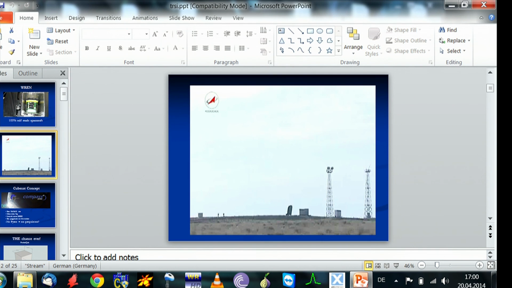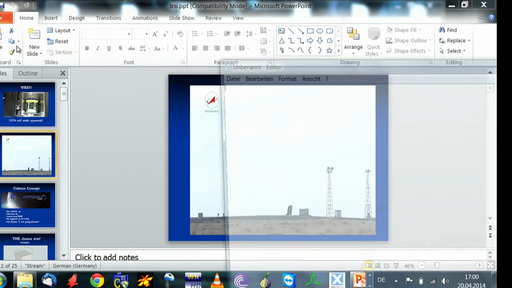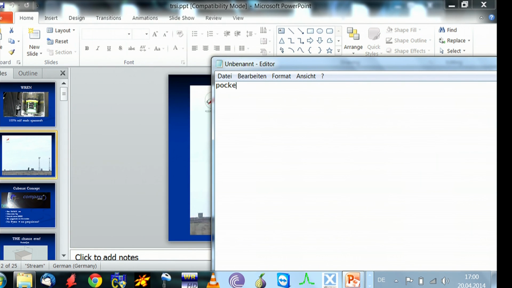And more info will be on, okay, I haven't written it here. So it will be on PocketCube.de and related to a GRSI project. So yeah, that's all for now. If you've got questions,